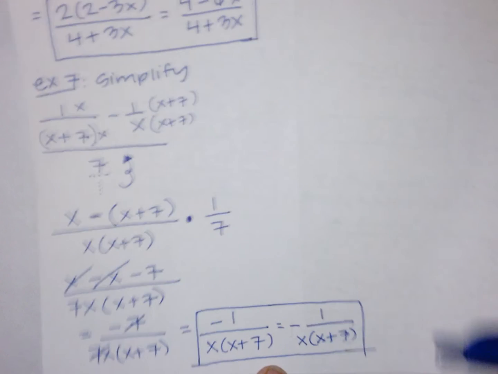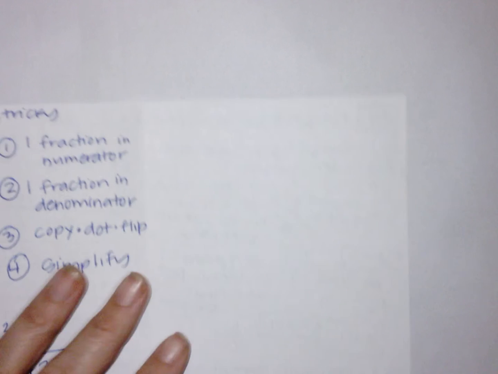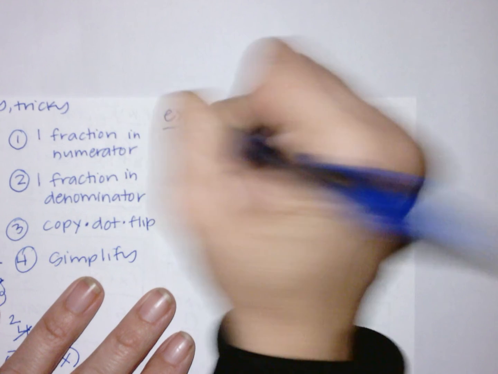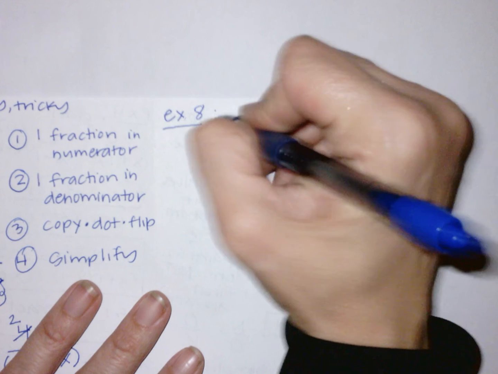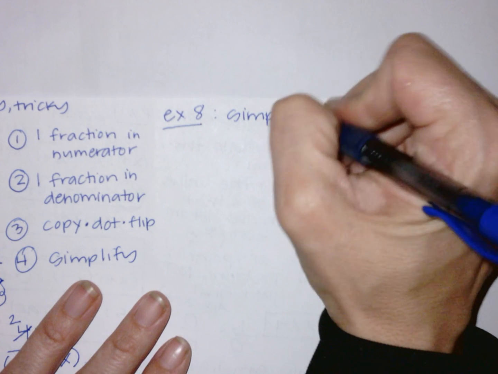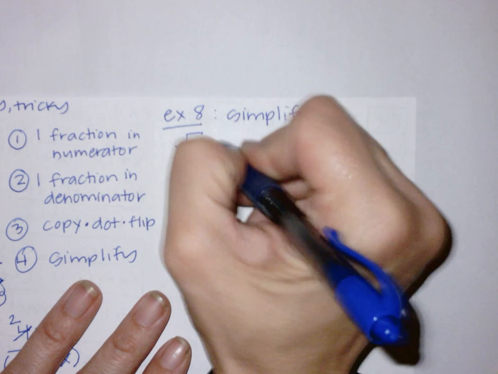Moving right along now to example 8. We have 2 more, so example 8 and example 9. So example 8 is going to have us do the exact same thing that we just did, but we're going to combine two concepts. We're going to combine radicals, and we are going to combine